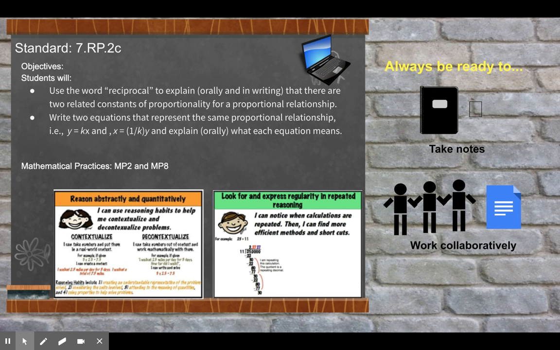Today's standard is going to be 7.RP.2c, and our objectives for today are students will use the word reciprocal to explain orally and in writing that there are two related constants of proportionality for a proportional relationship, and also write two equations that represent the same proportional relationship. For example, y equals kx, which we just talked about, and x equals 1 over k times y, and explain